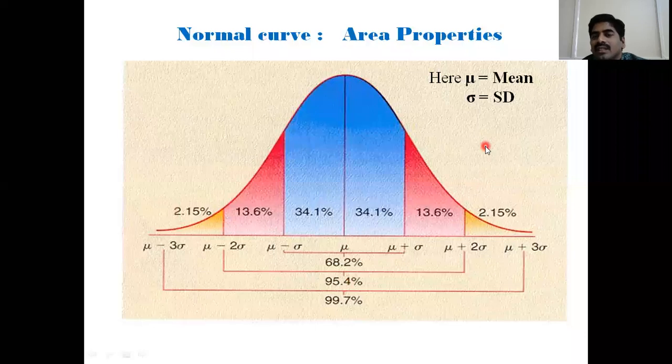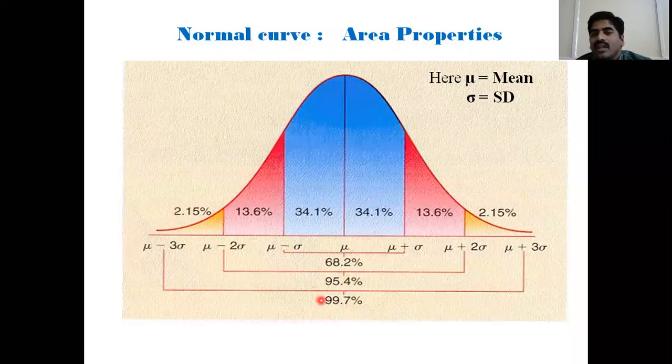If you increase to 3 times the standard deviation, that is mean plus 3 standard deviation and mean minus 3 standard deviation, you subtract 3 times the standard deviation from the mean value and add 3 times the standard deviation to the mean value, you will get one lower limit and an upper limit. This area covers a total of 99.7% of the data.